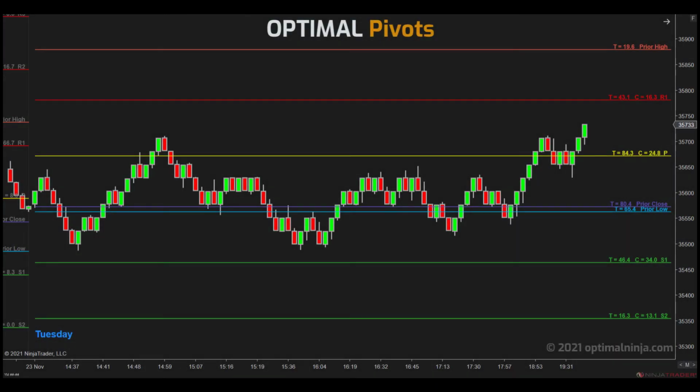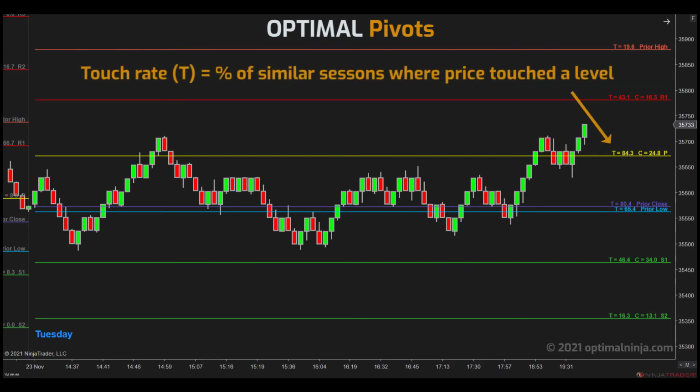Now let's have a look at optimal pivots loaded on a chart. I've zoomed in on the Tuesday chart here that we had on the screen earlier. Same bars and pivot levels, only this time with statistics appended to the line plots. Now we have two metrics on each line. Firstly, T, which is the touch rate. This is the percentage of sessions with similar characteristics to the current session in which the market price touched a